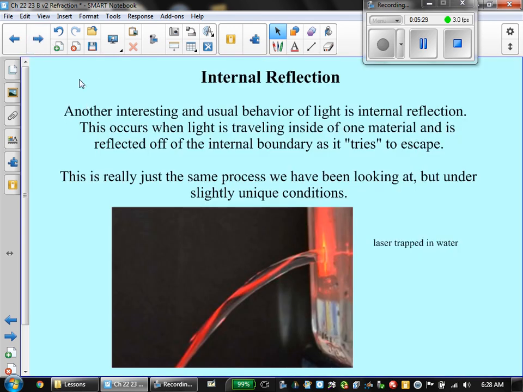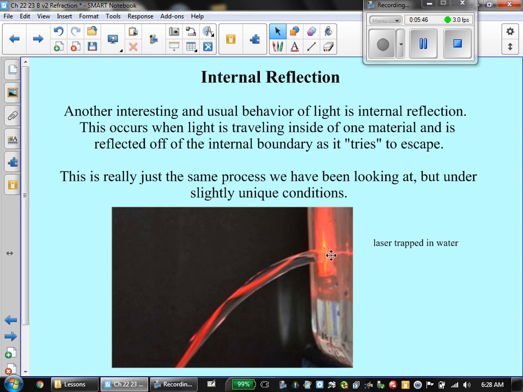Now, back to our topic that we need to know. There's something called internal reflection. Here's a really cool picture, and this is a demo I normally do in class, but obviously I'm doing this as a video, so it's tough to do. Here is a soda bottle filled with water, and a hole's been poked in the side, and we're shooting a laser beam through the water. The laser beam is actually going to follow the water stream.